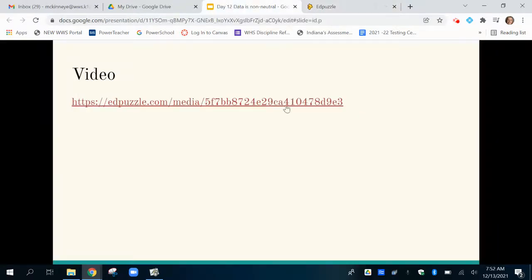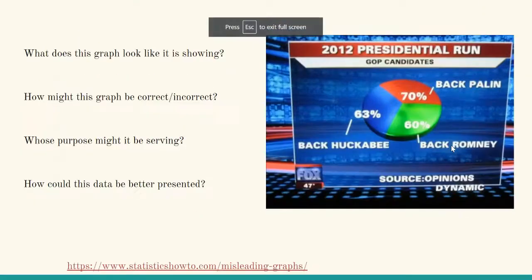Okay, so again, just reiterating that causation is not the same thing as correlation, and correlation does not mean that there is a causation. So here's another graph that we can look at. Again, this would be a suggestion where I think that you should pause and take a closer look at this map and maybe see what you can consider. This graph is showing three presidential candidates running in the GOP, and it's showing the percent of who is supported the most.